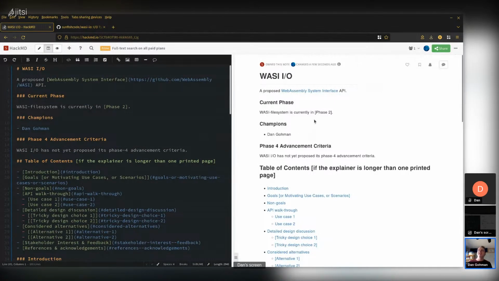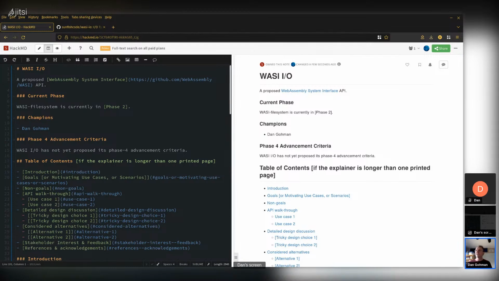This README file is the landing page. So WASI IO is technically in phase 2 still. Okay. If you want to see the proposals, the full list of WASI proposals, by the way, it's here.